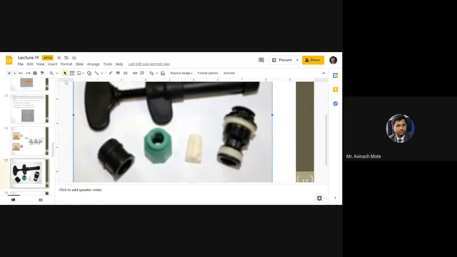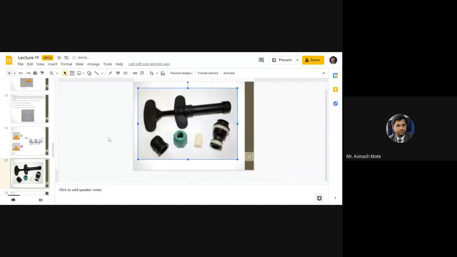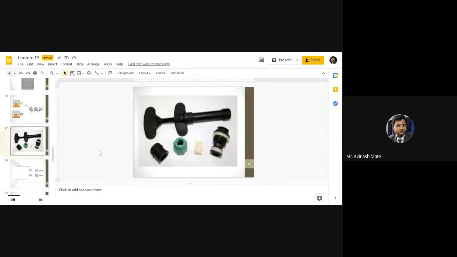So what I want to say is that undercuts are sometimes a must because of the design aspect and the assembly requirement. But to get those undercuts, you need to go for either a sliding type mold, which means the part can be easily slid through that undercut so that stripping is easy, or a split type mold. So this is what the undercuts are.